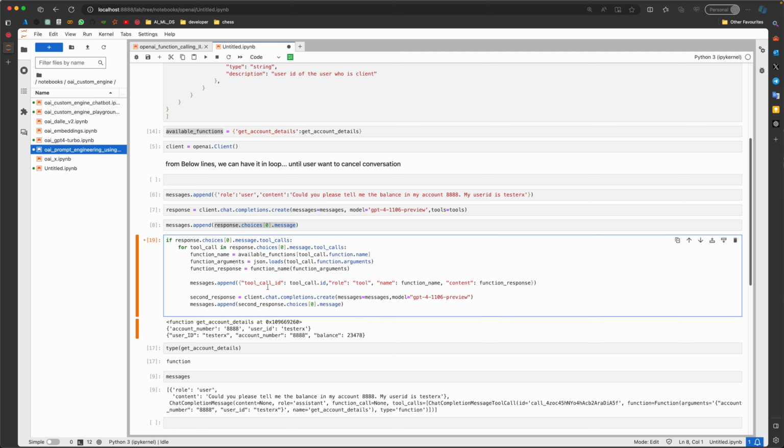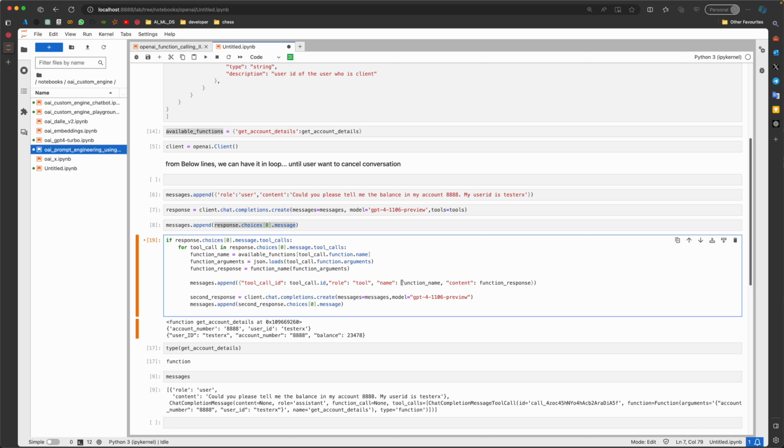Okay, so we're just going to append the message with some parameters: tool call ID is equal to tool call dot ID. Then the role is going to be tool, and not user or assistant. The name is going to be the function name, and the content is going to be the function response.